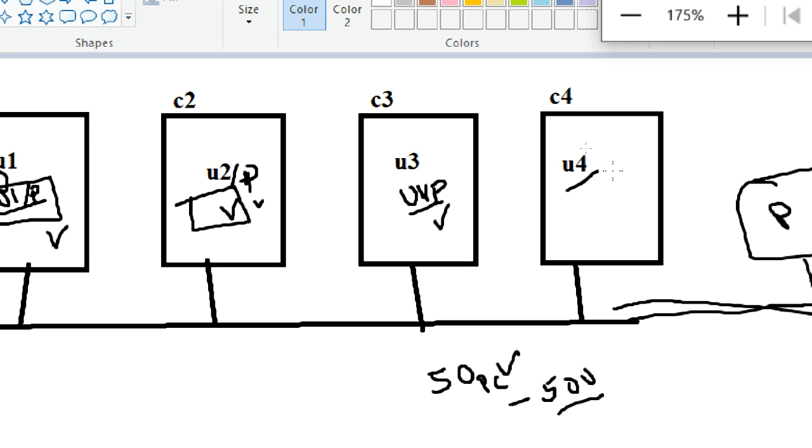Now I have 1,000 PCs. That day there are 50 complaints. 50 users are unable to log into PCs because the password is wrong. Now what do I have to do? I have to go to 50 PCs one by one, log in as admin, change the password, try to log in with the user's password and hand the system back to the user. 50 times I have to do the same thing. And the PCs may be on the same floor, or a different floor, or a different area.